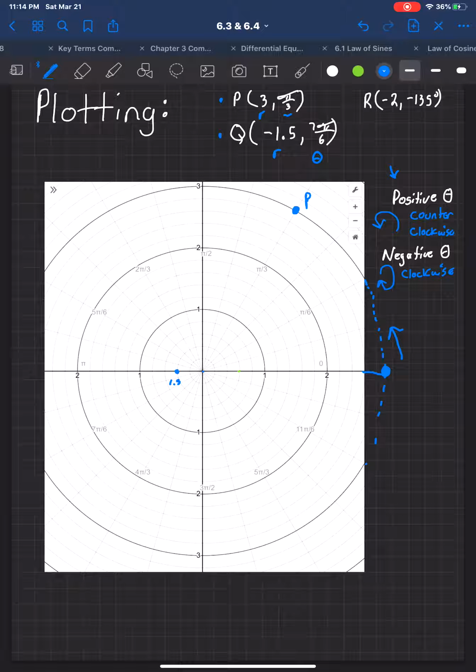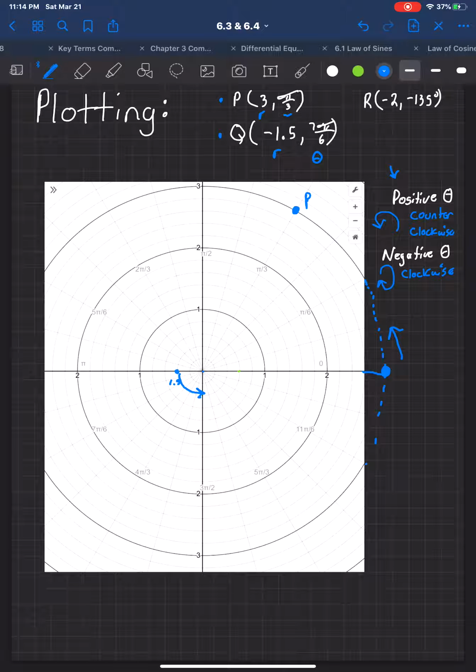And now it's time to rotate. But wait a minute, we've got to make sure we understand the direction that we're going to rotate. Since 7 pi over 6 is again a positive angle, we would start our rotation counterclockwise. So we would be rotating this direction. And 7 pi over 6 is about 210 degrees, so that's quite a lot of rotation. And that should get me,